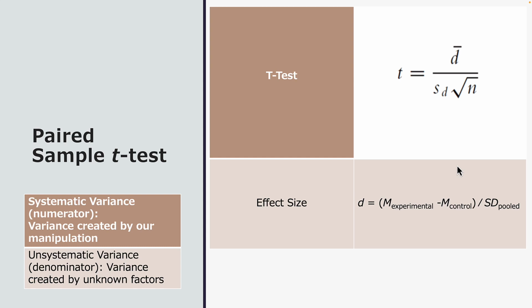So the difference represents that person's D, and you take the average of all of the Ds in the sample, which represents that numerator, okay? For the denominator, we're looking at the standard deviation of the matched pairs divided by the square root of the sample size, okay? So it's a little bit more straightforward in matched pairs,